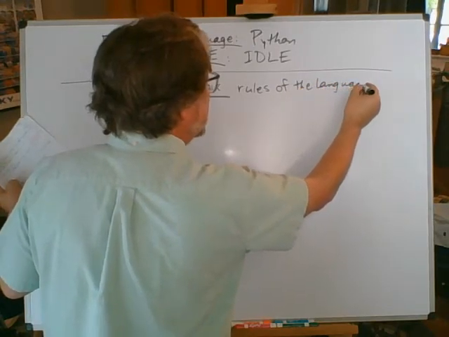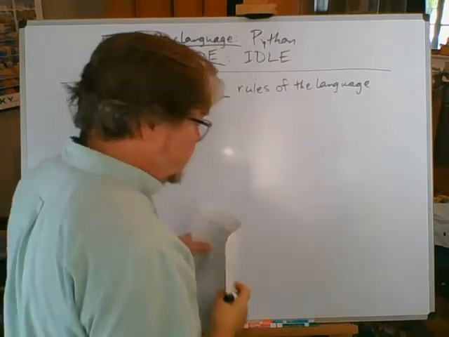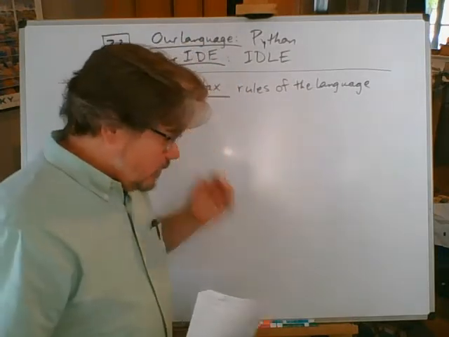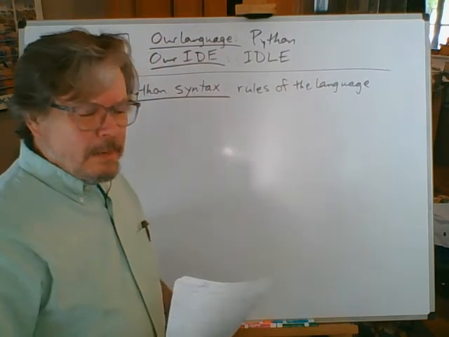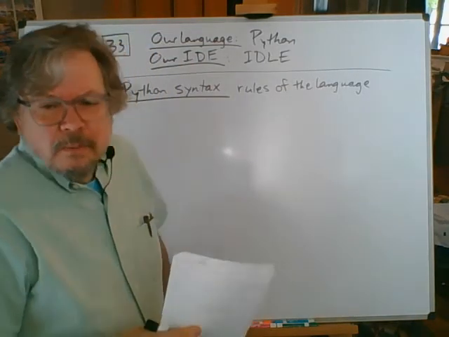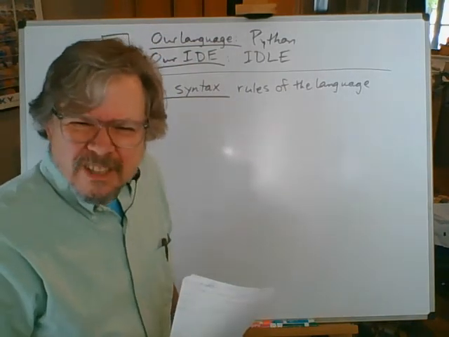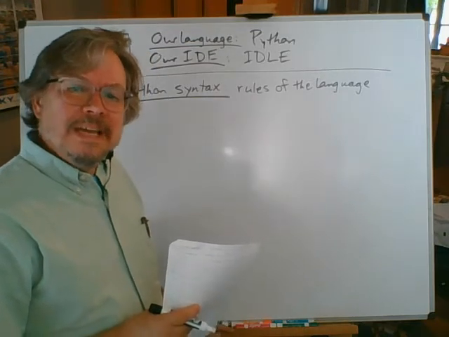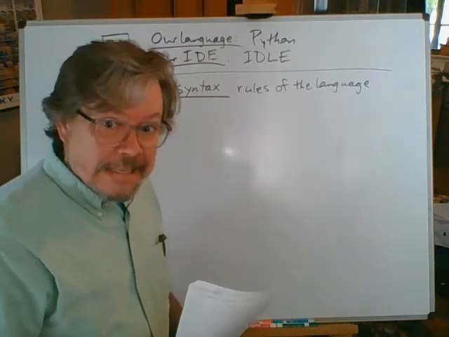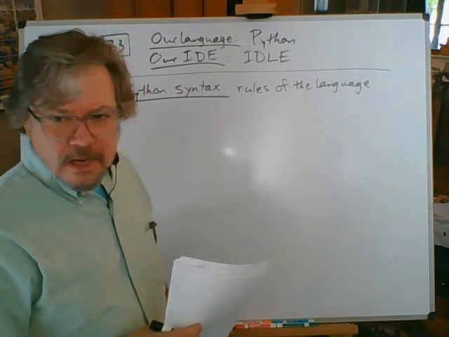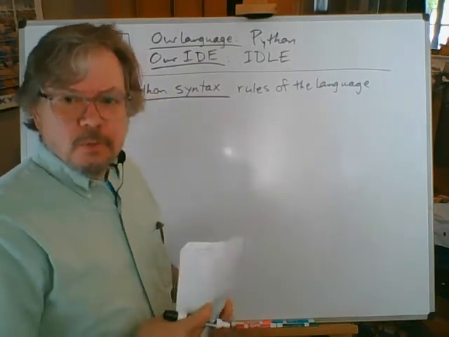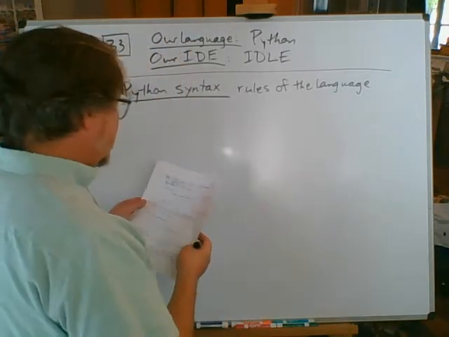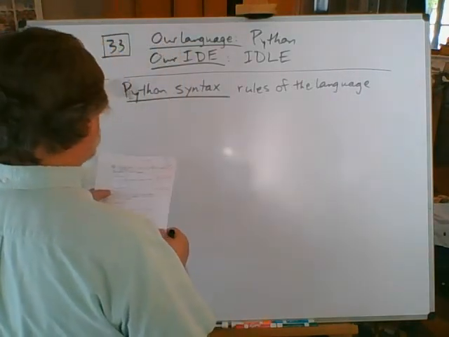Now, English is somewhat forgiving. If you mess up English, you use bad grammar, then someone might make a sour face at you, but they probably still know what you mean. The computer, bless its heart, doesn't know how to make sour faces. So if you don't say exactly what you mean in Python statements, the computer is not going to have a clue. It's not even going to try. It's not going to do what you mean. You've got to tell it exactly in its own language what to do.